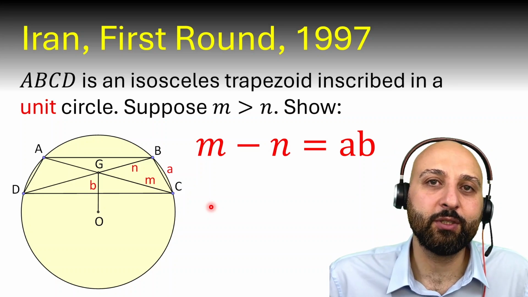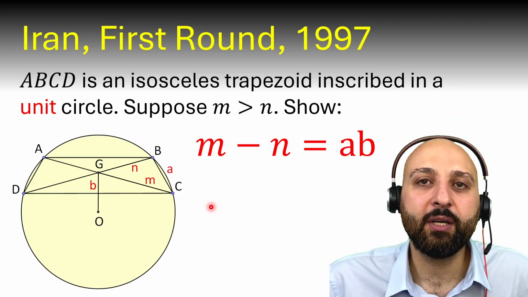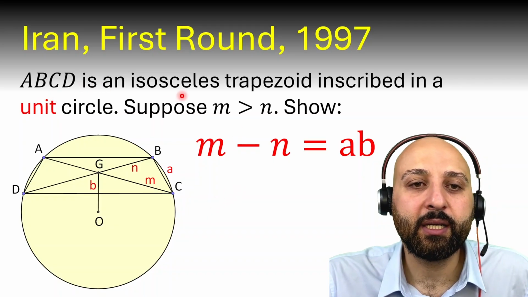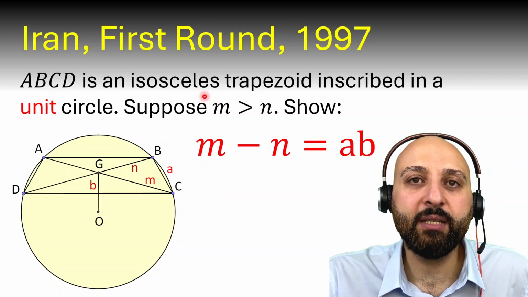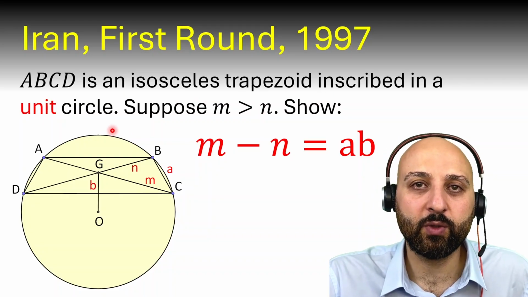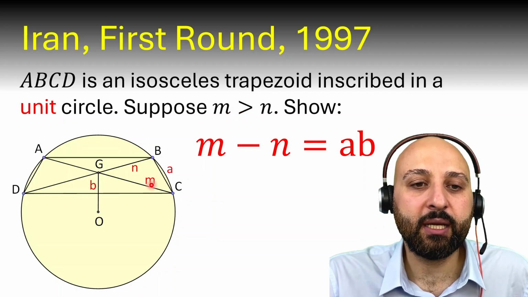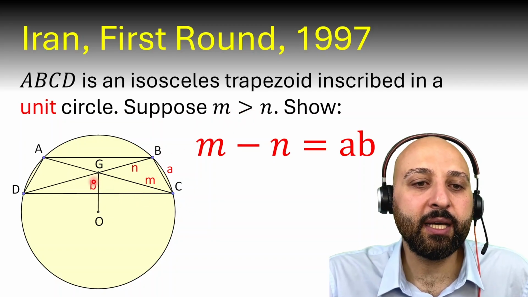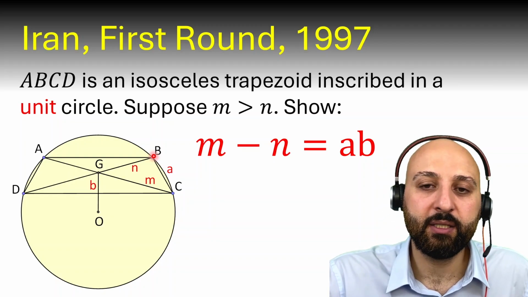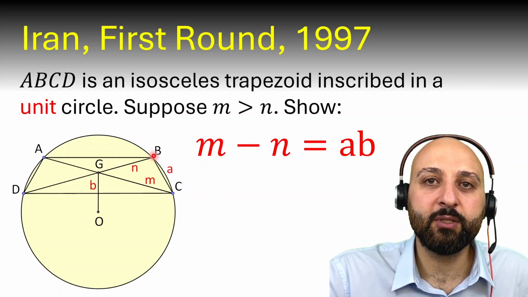Hi, here we have another question from Iran Math Olympiad year 1997, round number 1. The question says that we have an isosceles trapezoid ABCD which is inscribed in a unit circle, a circle that has a radius of 1. And suppose that M is larger than N, M is GC, N is GB, and the question is to find M minus N. Here I wrote it as M minus N is equal to AB because it's the first page, but